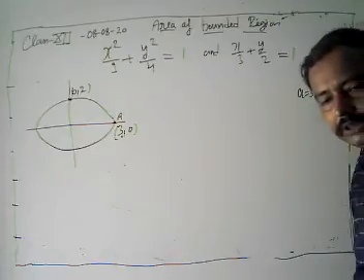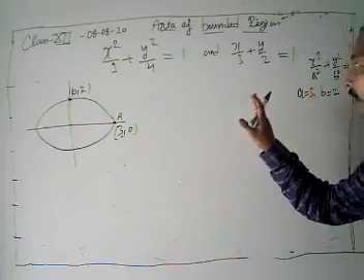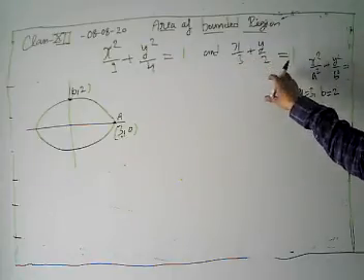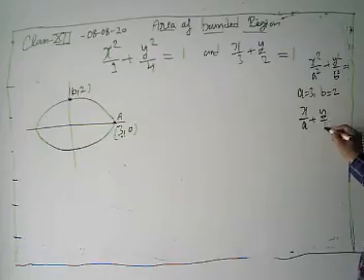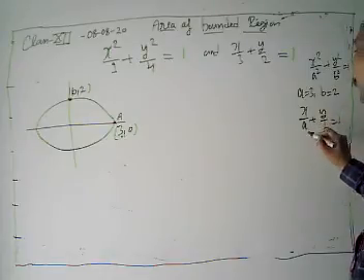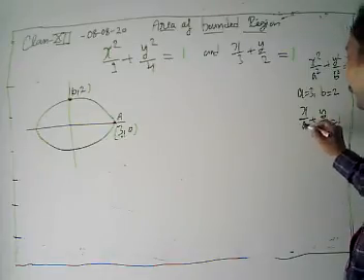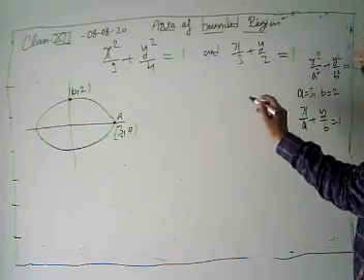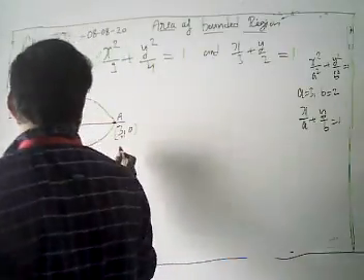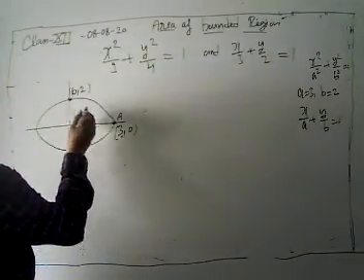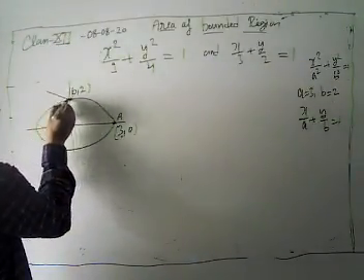equal to 1. Now look, we have to draw the graph of the line x by 3 plus y by 2 equal to 1. The line format is x by a plus y by b equal to 1, with intercepts a on x and b on y. Our a is 3 and b is 2. So we have 3 and 2, then our line passes through from here.